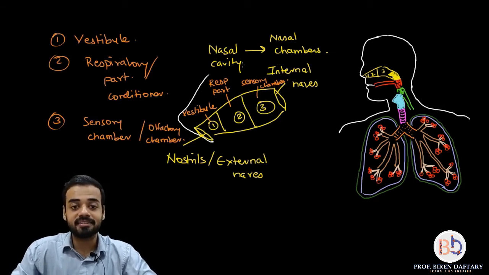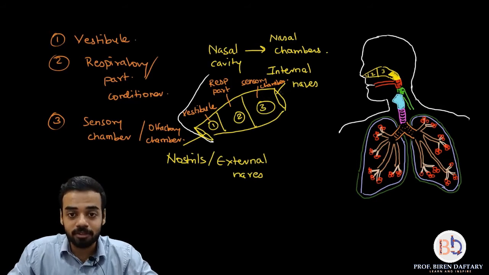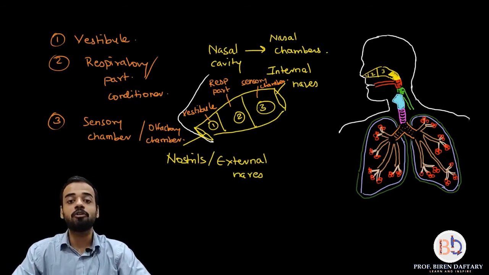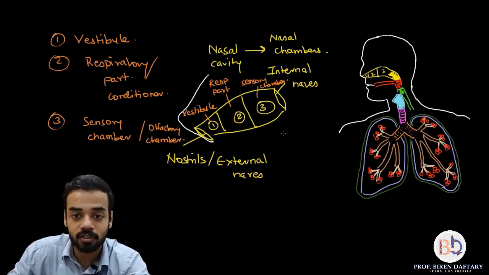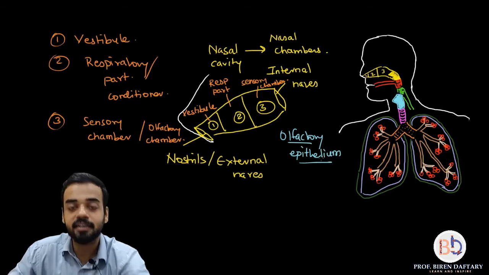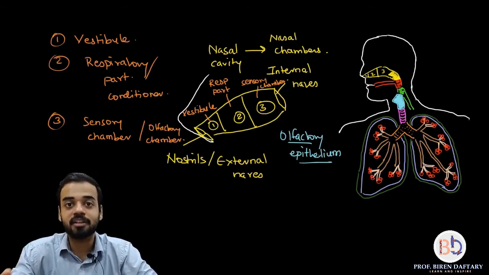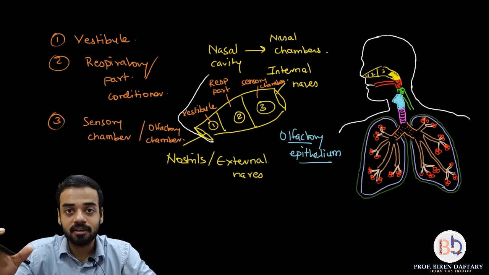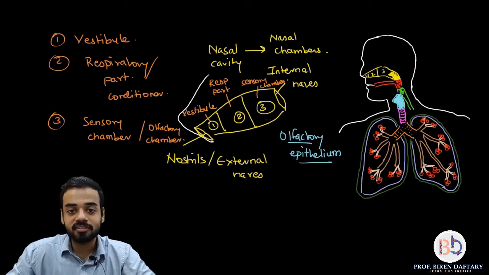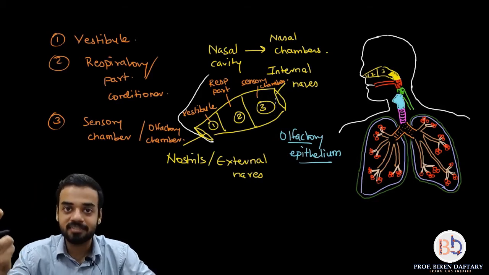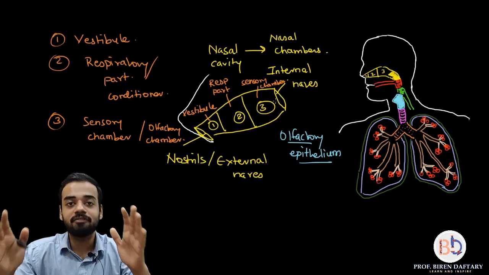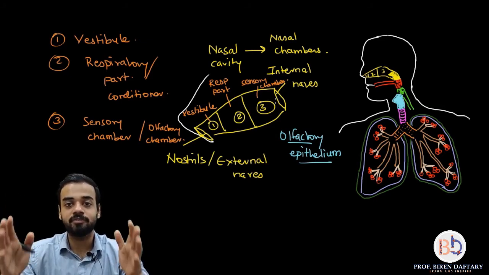Okay, and this sensory chamber or olfactory chamber is made up of olfactory epithelium. I will just write it down with a different color over here. Olfactory epithelium. Olfactory epithelium is the lining which is made up of sense organs which allow you to smell. Is this clear? Okay, and finally, after this third part of the nasal chamber are the internal layers. There will be two internal layers, just like there are two external layers, and with that we complete this first part of your respiratory system, which is the nose.